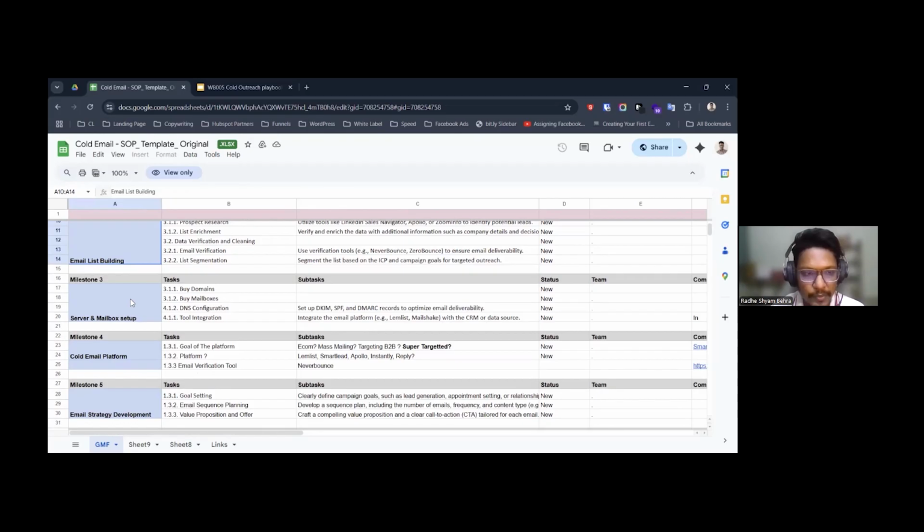Moving on to milestone 3, this is the server and mailbox setup. Back in the day, and even now, there are tools where you have to do all the technical stuff in terms of setting up the server, the domain, and the mailboxes. To name a few, it would be SendGrid, SendInBlue, smtp.com, and so on. These tools are quite robust and are used by most cold emailers or email marketers to send their emails. But these tools lack something,